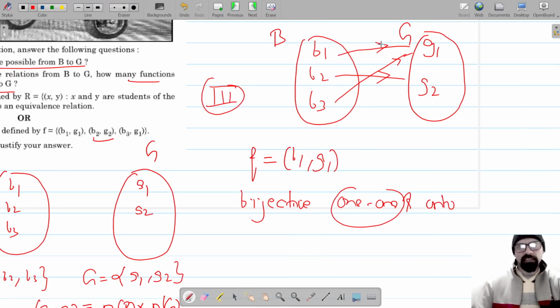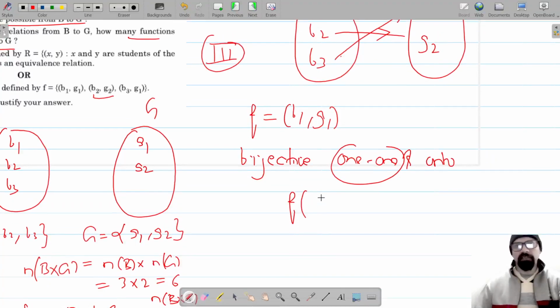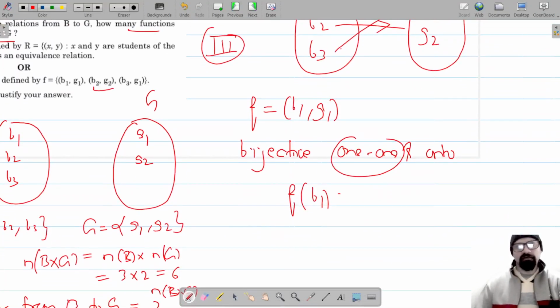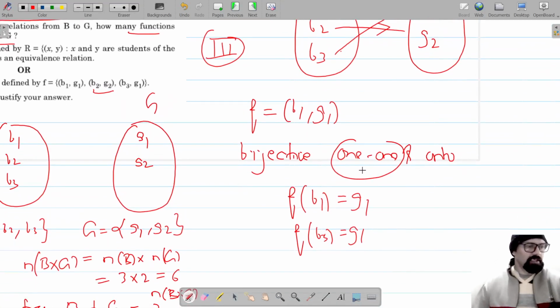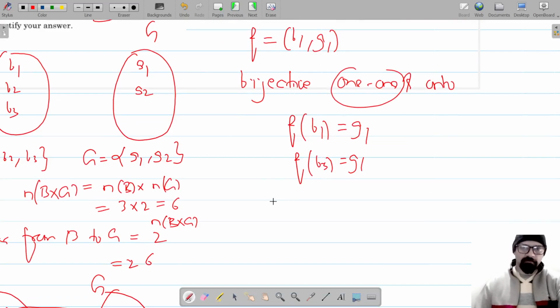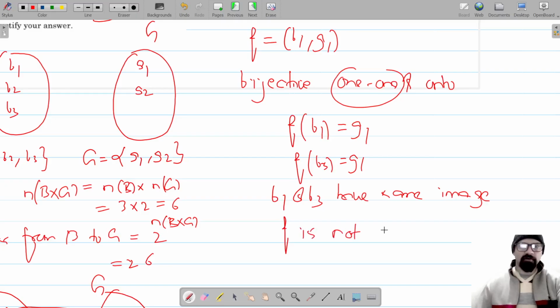क्योंकि वन वन फंक्शन वो होता है जिसमें हर एक एलिमेंट जो डोमेन में है उसकी एक यूनिक इमेज होती है। यहाँ B1 की इमेज भी G1 है और B3 की इमेज भी G1। तो हम लिख सकते हैं यहाँ पे जो B1 की इमेज है वो भी G1 है, और जो B3 की इमेज है वो भी G1 है। तो B1 और B3 की यूनिक इमेज नहीं है, उन दोनों की एक ही इमेज है। So we can say here, we can write that B1 and B3 have same image। इसका मतलब आपका फंक्शन इज नॉट वन